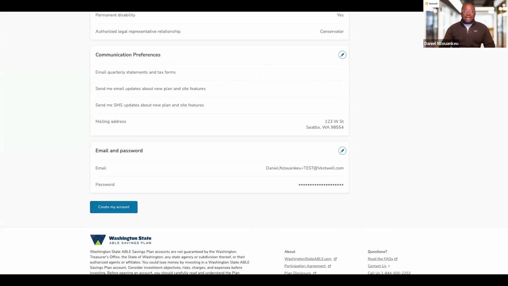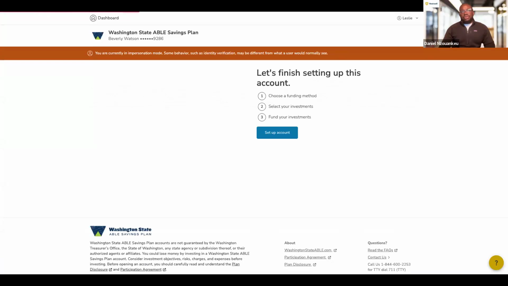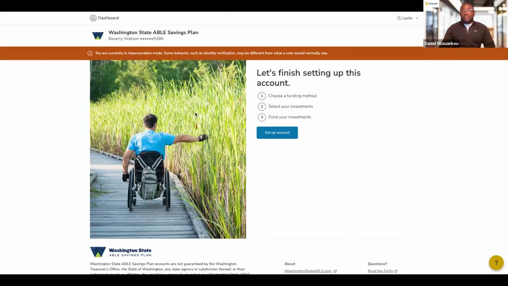So once you hit create your account or create my account, it brings you to this screen. So at this point in the enrollment process, there is an account that's existing. There's an account number existing in the system for you. And the reason I'm pausing here is because I've been through this a number of times where people get to this point and maybe something comes up, they're distracted for whatever reason, they have to step away for a moment. If you get to this point where you can see dashboard and you can see the name of the beneficiary and you can see let's finish your account, just know you have an account number